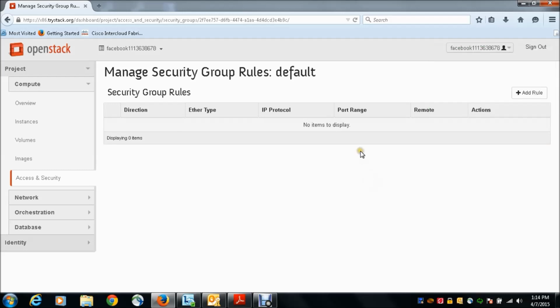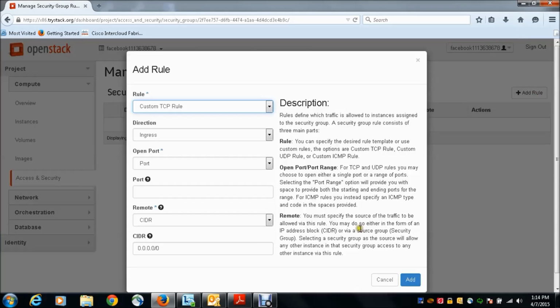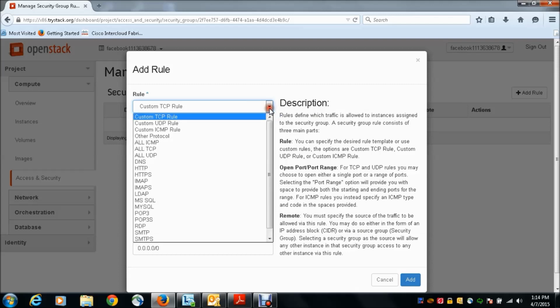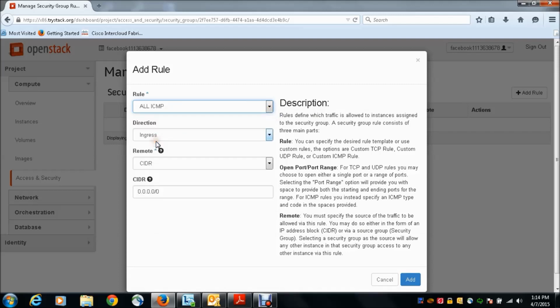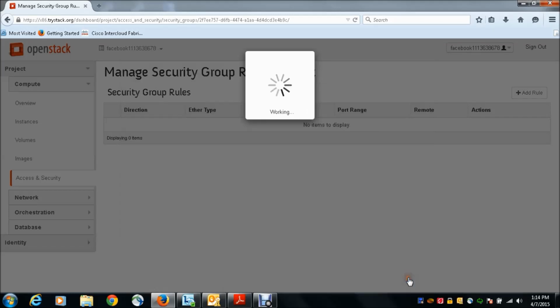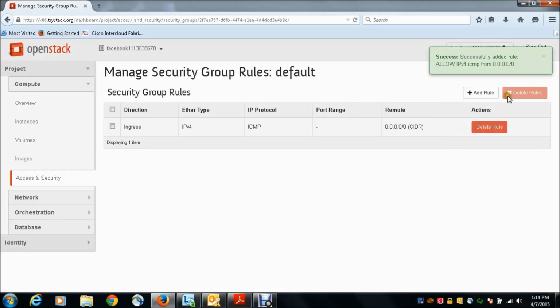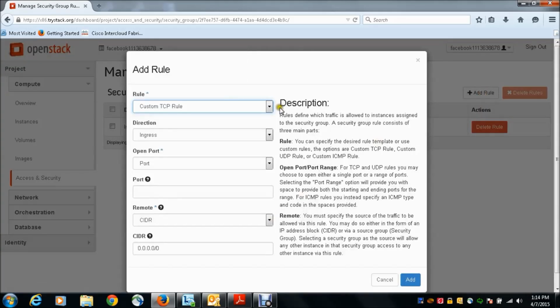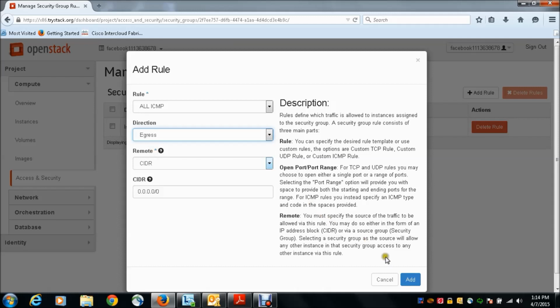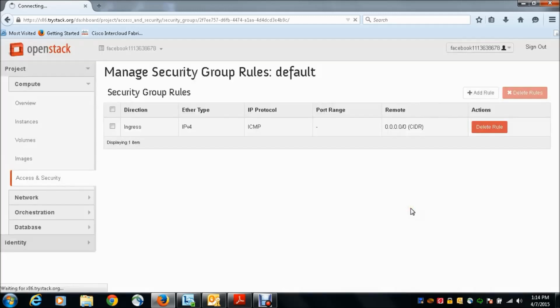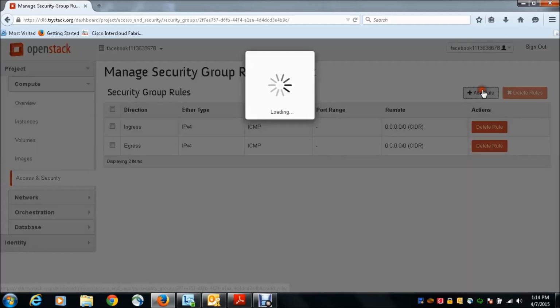Now it is success. What I'm going to do is again add the rule, and for the time being I have to add everything, all the traffic. So I'm going to add all ICMP traffic, ingress, from all the IPs, add it. Now create another rule, add, ICMP. Previously I selected ingress, now I select egress. Add, again add